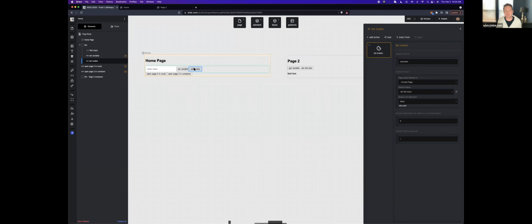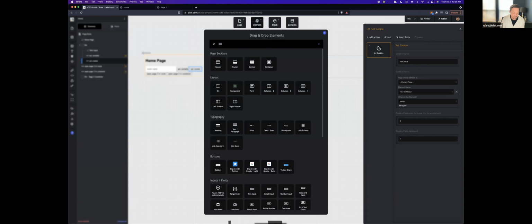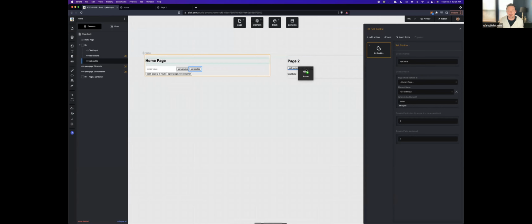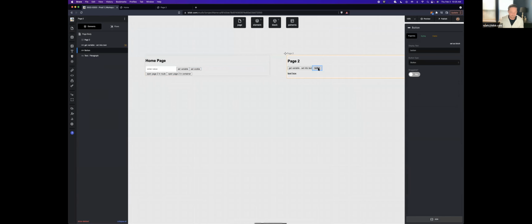So when we click that, it's going to set the cookie. Now we need another button over here that takes the value inside of this cookie called my cookie and sets it into that text box. So if we do another button on here, another button. And that button will be get cookie set into text. So this is where there's one extra step you have to do, but let's just go ahead and create the flow,